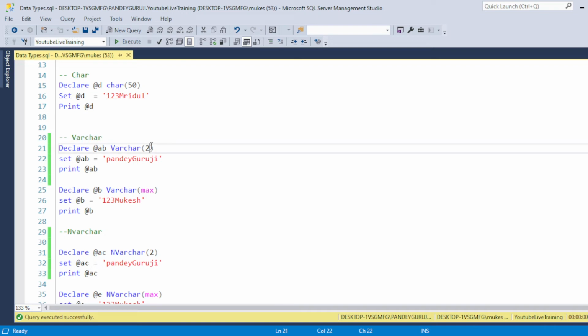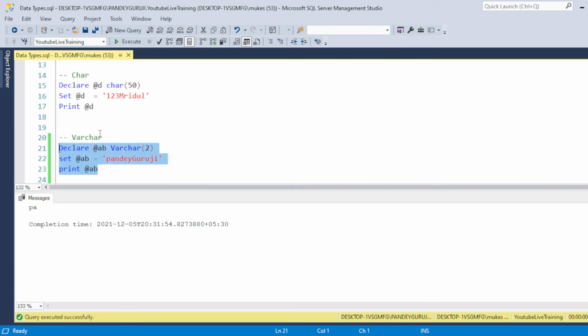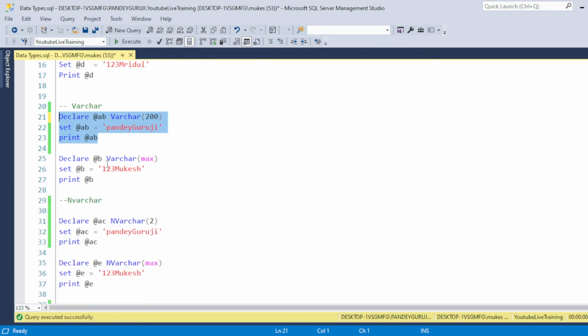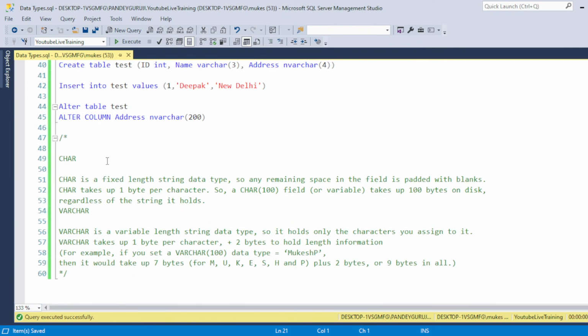Suppose you declare a length of 2 but pass Pandey Guruji, it will be truncated and only 2 letters will be accepted. You can put the maximum, like I'm putting 200. Whatever the number of characters is, like Pandey Guruji, 1 2 3 4 5 6 7 8 9 10 11, the memory allocated is 11 plus 2. So let's see the main difference between char and varchar.